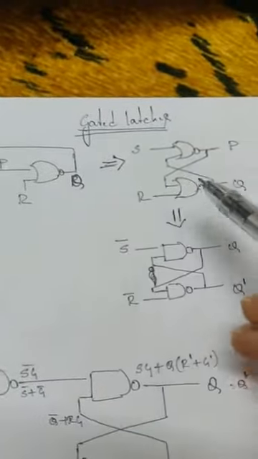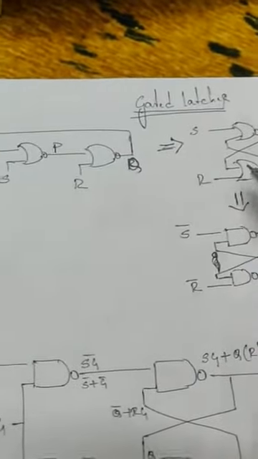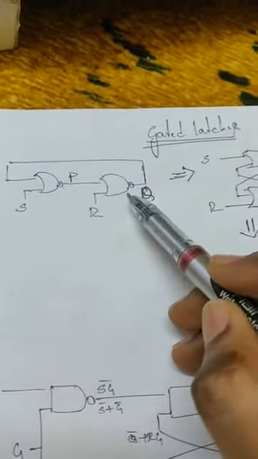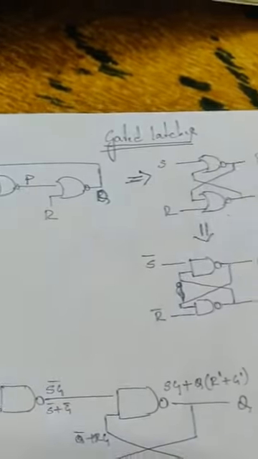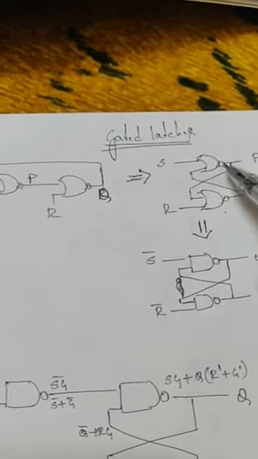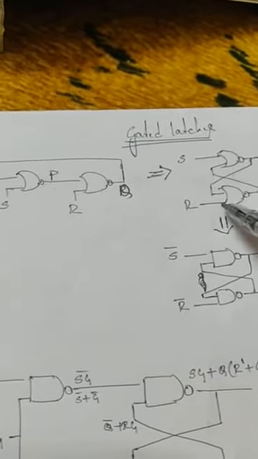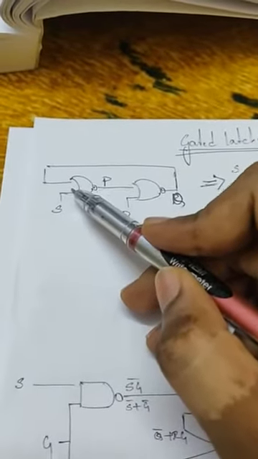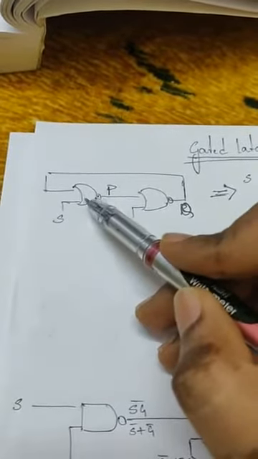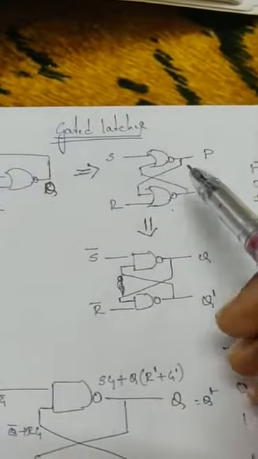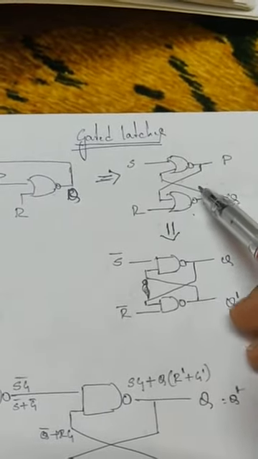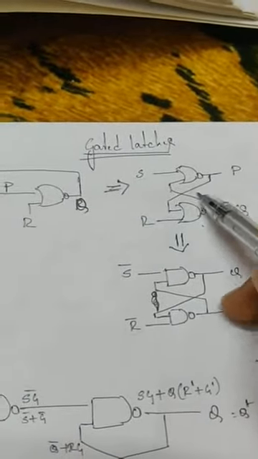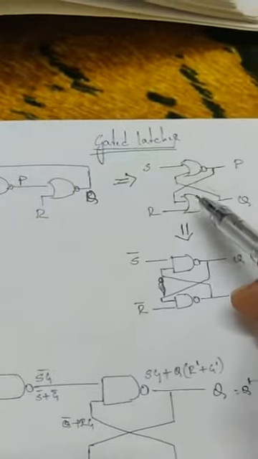This circuit can be written like this. Okay, look at this. The output of this NOR gate P is connected to the input of this NOR gate that is having the input R. So look at it. The output of this NOR gate is connected to the input of this NOR gate, that is R, in the same way. The output of this NOR gate Q is connected as a feedback line to this input along with S for this NOR gate. So look at here, the output of this Q is connected as a feedback line. This feedback line is there, no? So this is the same here, this feedback line. So this circuit can be written like this. This is the first thing.